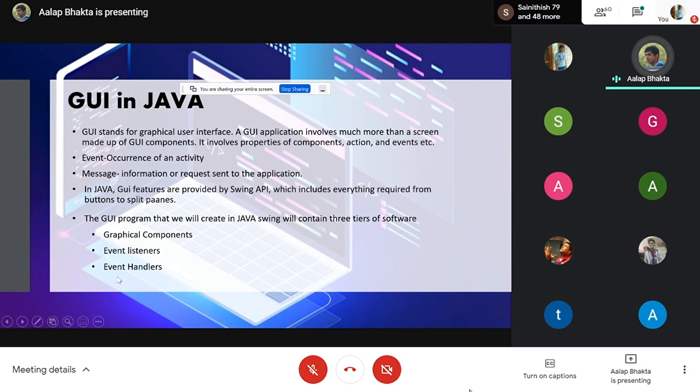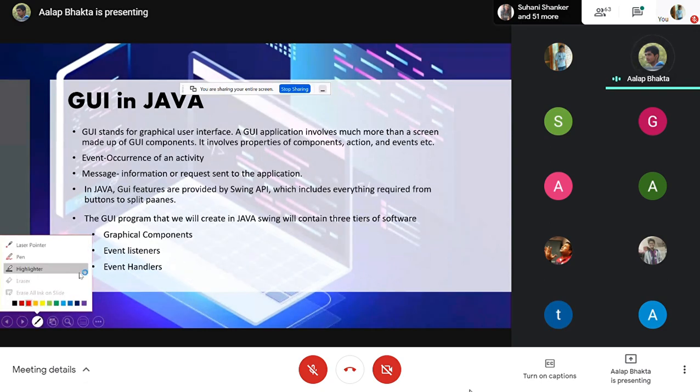Okay, for example, we create the login only. For login, you will enter your username, and you will write down your correct password. Then you will click on login. So the username and the password will be checked with the database, and then it goes to the next frame. This is the thing.